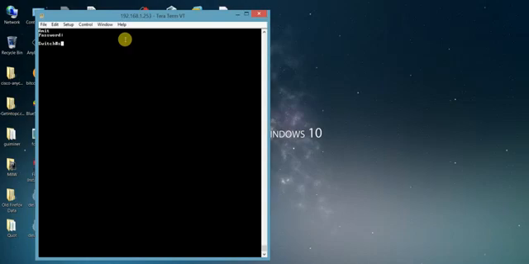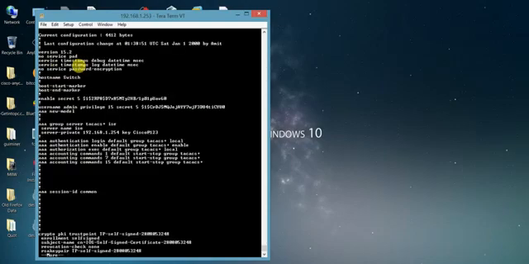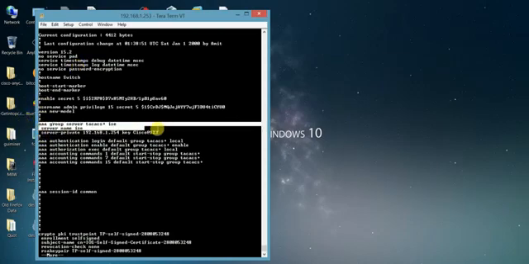Now let's say show run include AAA. What commands you have to configure related to AAA, you can see here. Apart from that, you have to configure the username and password, and you have to define the IP address of your ISE.